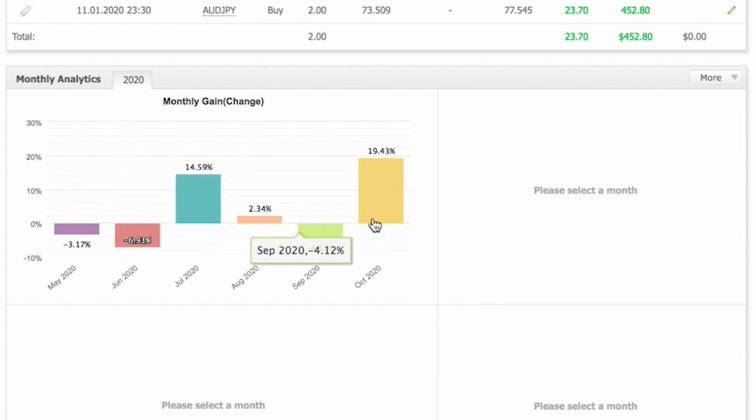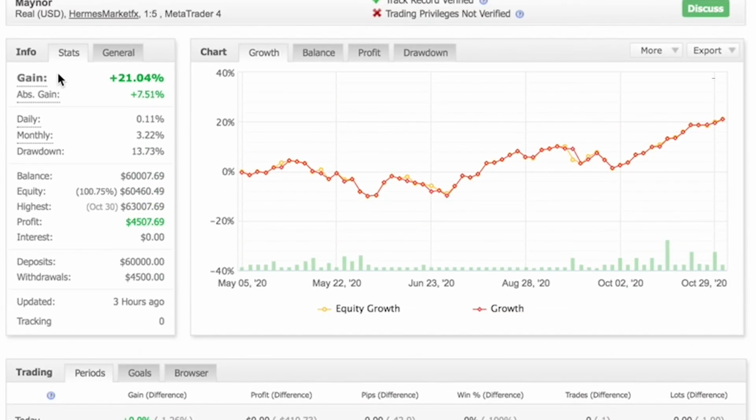Okay, so let's also have a look, as I mentioned earlier, at this monthly gain. We can see how the situation for him changed over time. When he first joined in the beginning of May, he was down by 3.17%. He went farther down during June, losing 6.93%. Then in July, he had a big gain. He was up by 14.59% on his account. Then he went back in August to a positive 2.34%. Again negative in September, -4%, and October plus 19.43%. So we can see how he was a bit up and down on his account, but still he